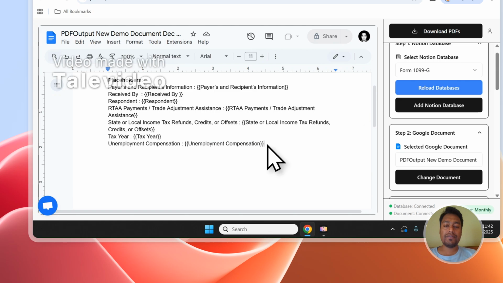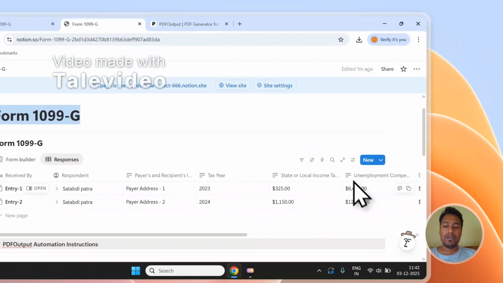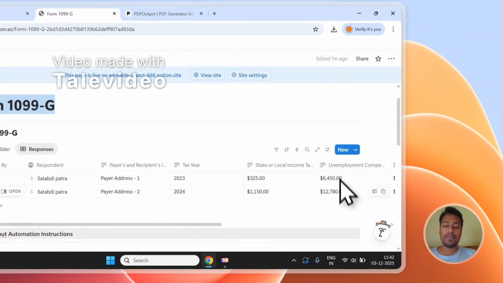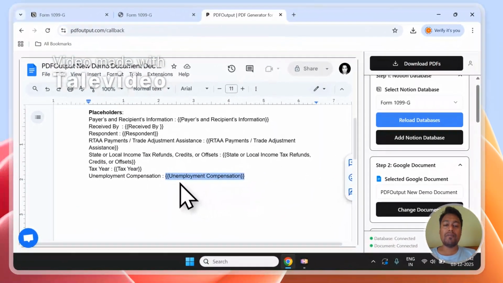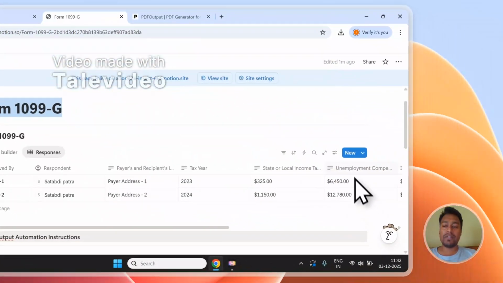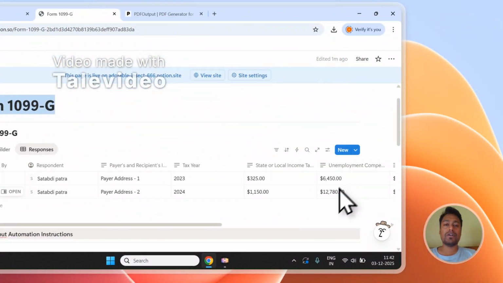And when we create the PDF, these placeholders that you see inside double curly brackets will be replaced with the values that you have in the database, and they will be used instead of those placeholders. So as an example, unemployment compensation will be replaced with these values from unemployment compensation when the document is